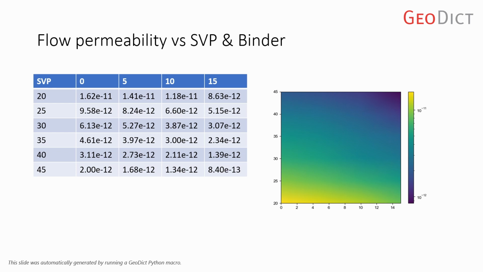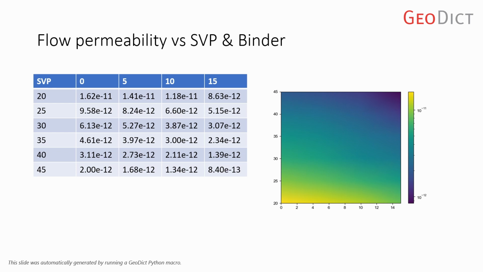You can change the layout from the slides by just changing the master slide. For example, you could swap this around in the master slide. Just run the same Python script again, and the table will be on the right-hand side and the graph will be on the left-hand side. So even someone who does not know anything about Python programming can change the layouts just by modifying the master